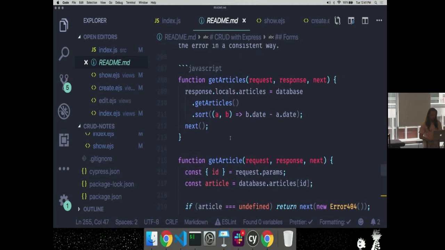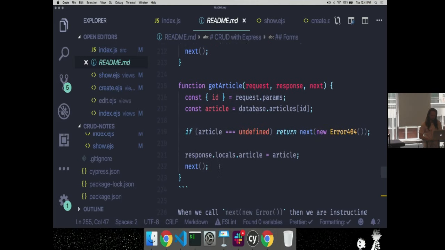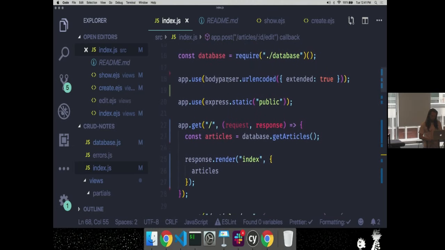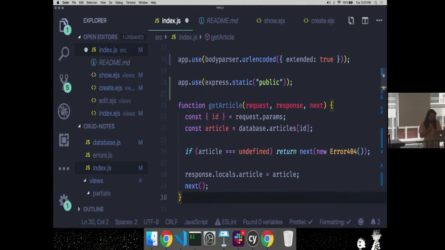Okay. I'm going to do it with this get articles middleware that I created. What this middleware is responsible for: I have a number of different routes where I need to get an article, and if that article doesn't exist, I need to handle the error, right? I need to send a 404, or maybe a 401 if you're not authorized, or 403 forbidden. But I might need to handle this error.